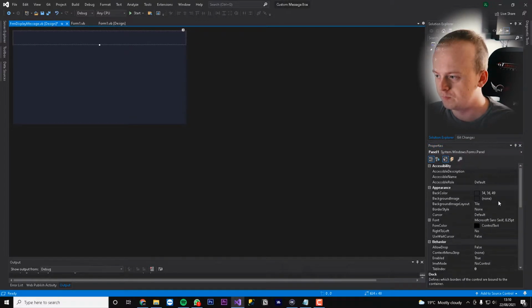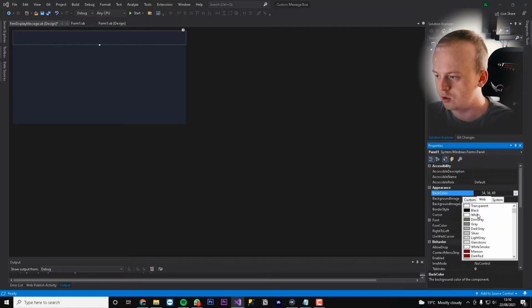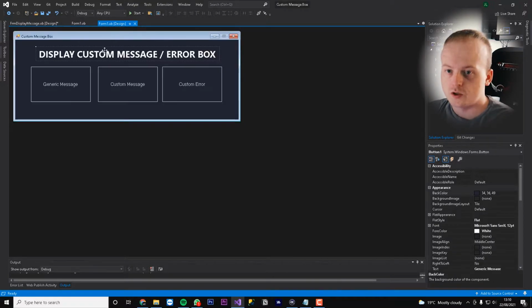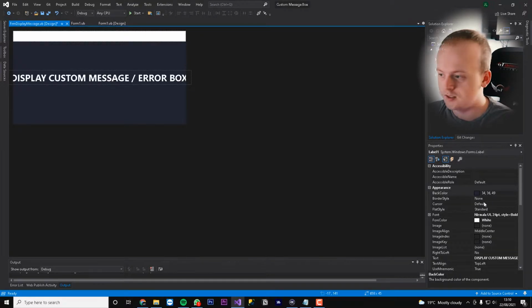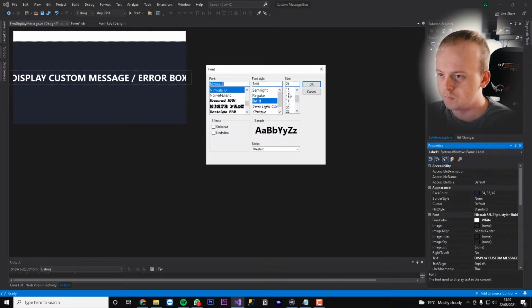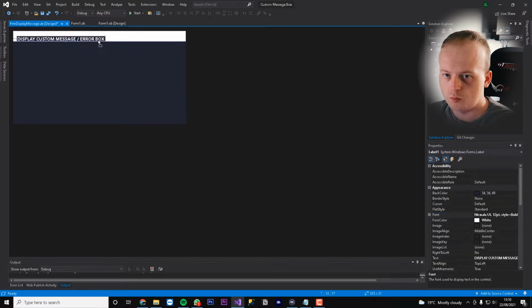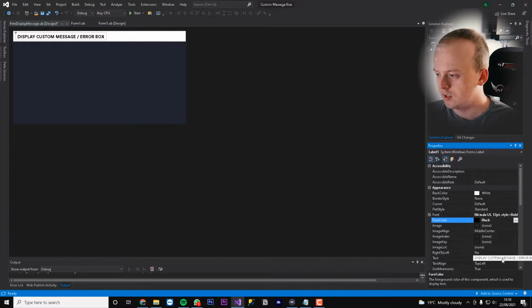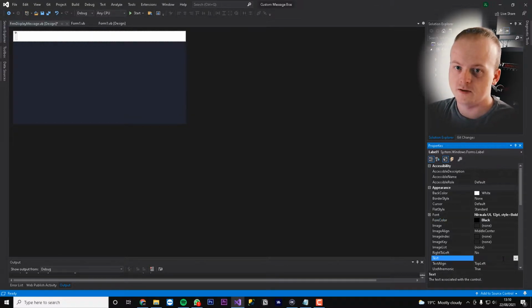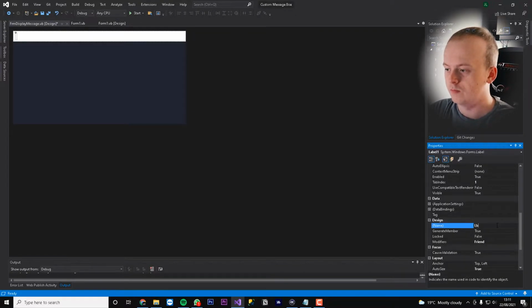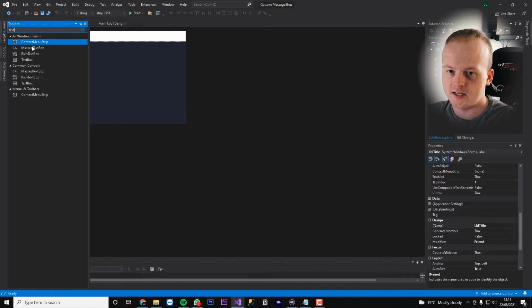That there is good. And then we'll just select a colour that looks nice. I don't mind white, to be honest. White looks decent. We're just going to copy our label from here, paste that there. We'll make the size a little bit smaller though, and that's better. And then we'll pop that up here, and then obviously just change that fore colour to black. And we'll have this as just empty, so it won't be anything, but we'll name it lblTitle.